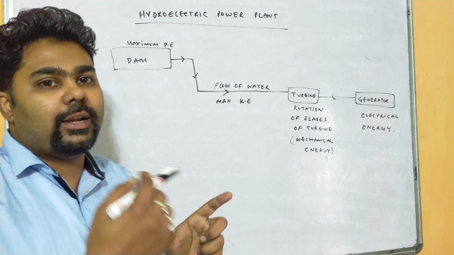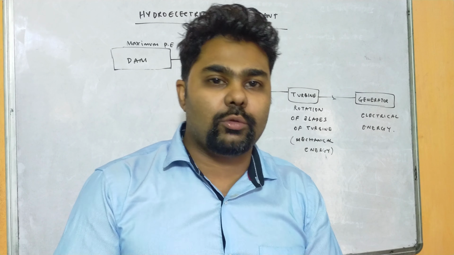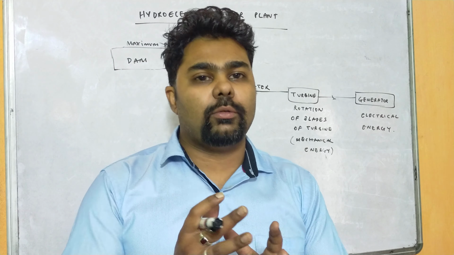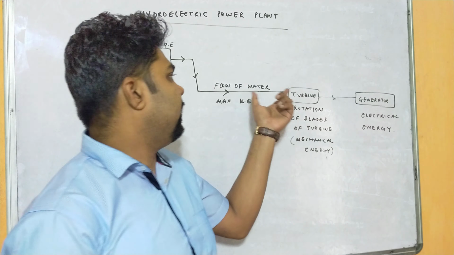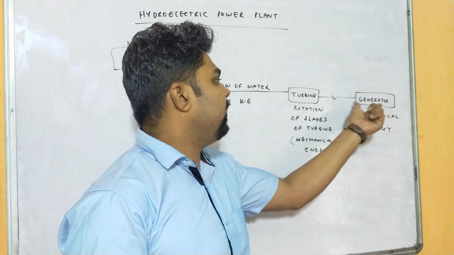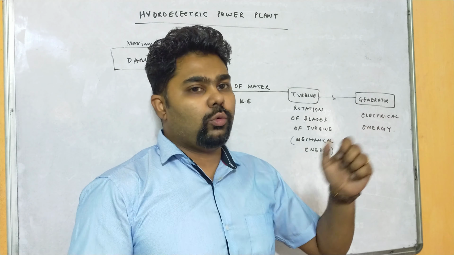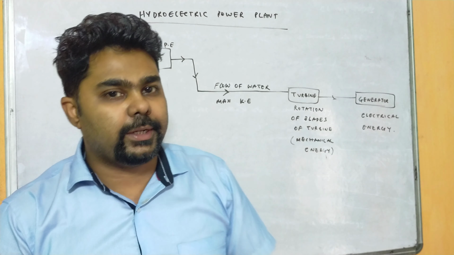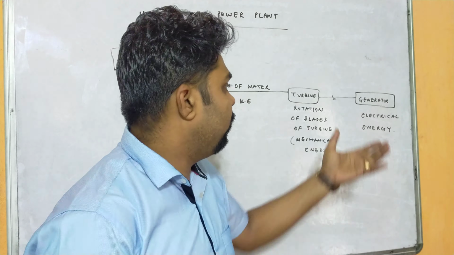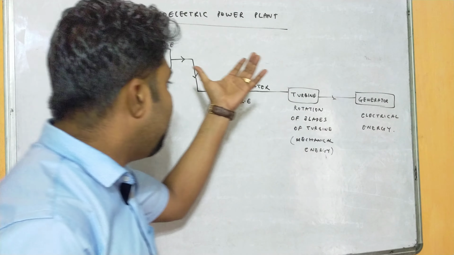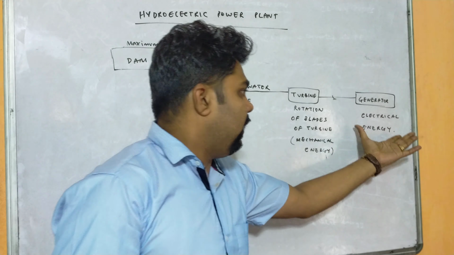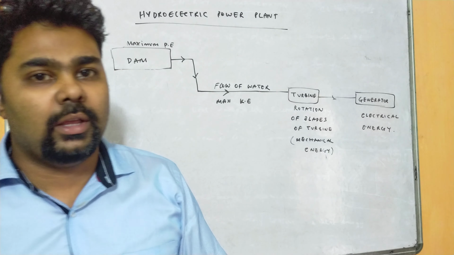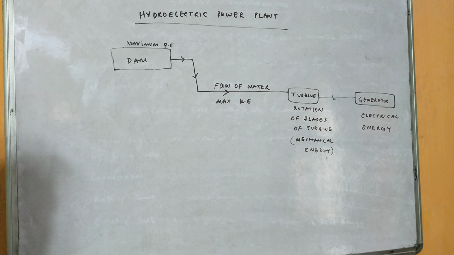Due to mechanical energy, the blades of the turbine get rotated, and as the blades rotate, they are connected with a shaft to the generator. So when the blades of a turbine are rotated, they produce electricity with the help of the generator. You see how mechanical energy is converting into electrical energy. This is the main purpose of the hydroelectric power plant, right? So this diagram also you will be drawing in your exercise book.